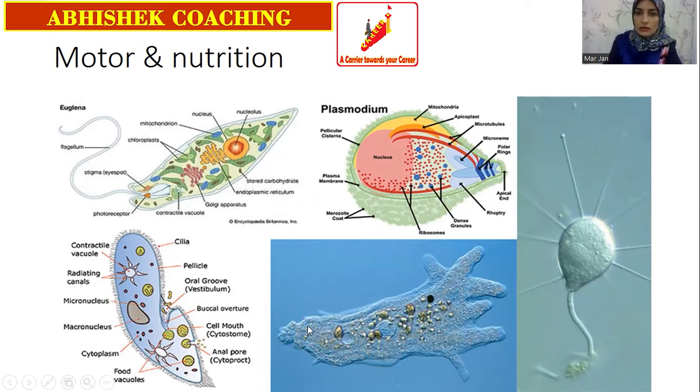Anytime this cell feels that it wants to move, it starts to make this pseudopodia by the help of microfilaments and microtubules, I mean cytoskeleton, exactly. By the help of the cytoskeleton, they make these legs, which are not real ones, and by the help of this pseudopodia, this cell can